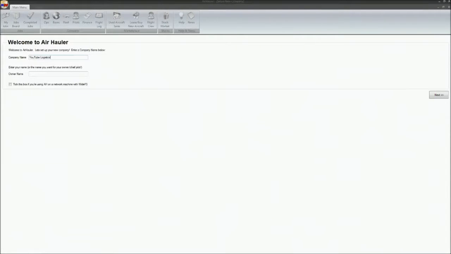There we go. Owner name. Well, that can be, I don't know, Bob. Why not? Now here it says tick the box if you're using Air Hauler on a network machine with wide FS. Now if you're just playing Flight Sim and this program on one PC, you don't need to worry about that. A lot of flight simmers, myself included, you'll actually run multiple machines, two or sometimes even three machines, and